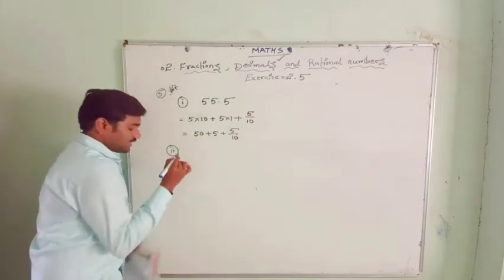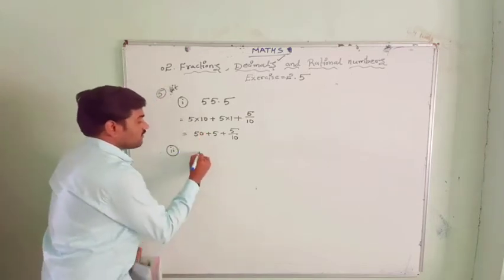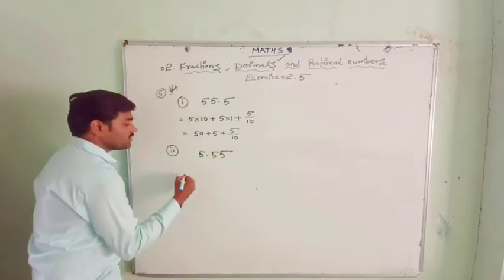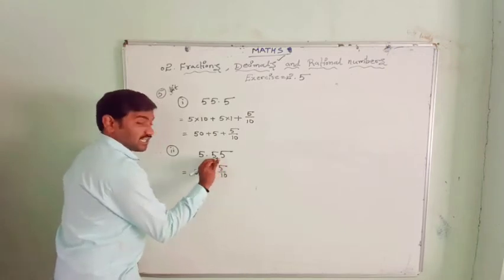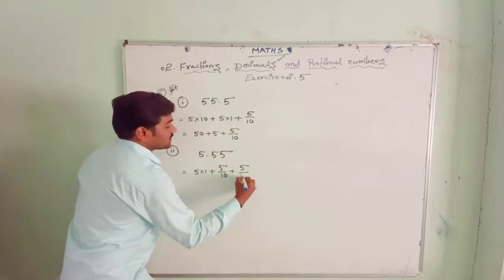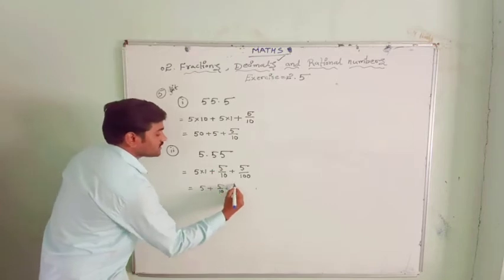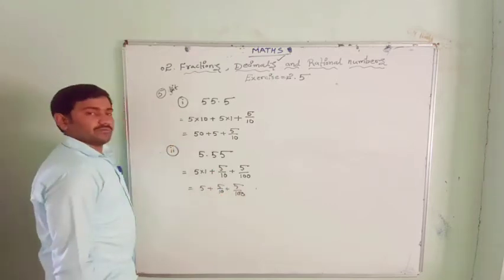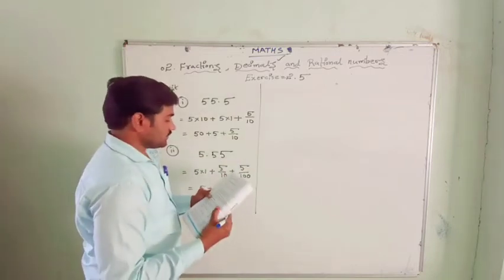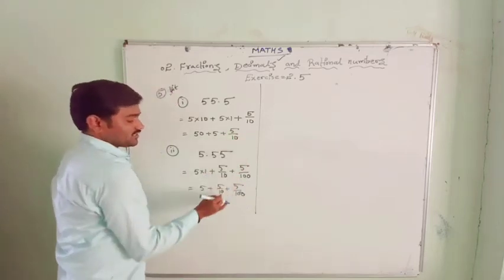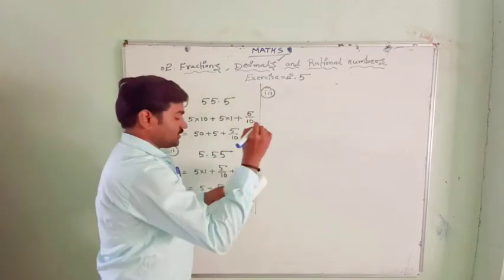Now the second one is 5.55. So 5.55 is 5 into 1 plus 5 by 10. See, this is the tenths place and this will be in the hundredths place. So 5 by 100. Now we can write here 5 plus 5 by 10 plus 5 by 100. Simple. Now next, this also you can write 0.5. This is 0.5 and 0.05 also you can write, but that is not required now. This is enough. The third question is